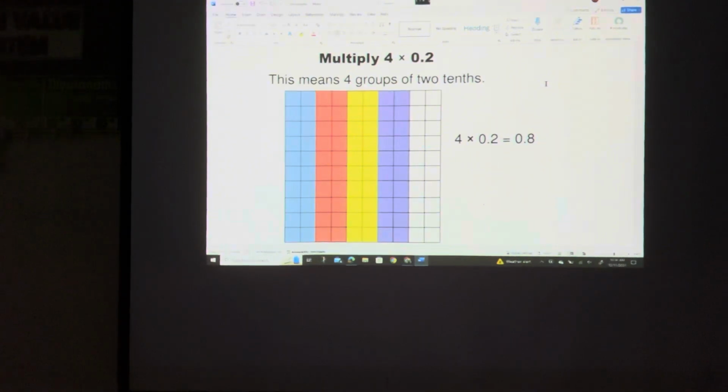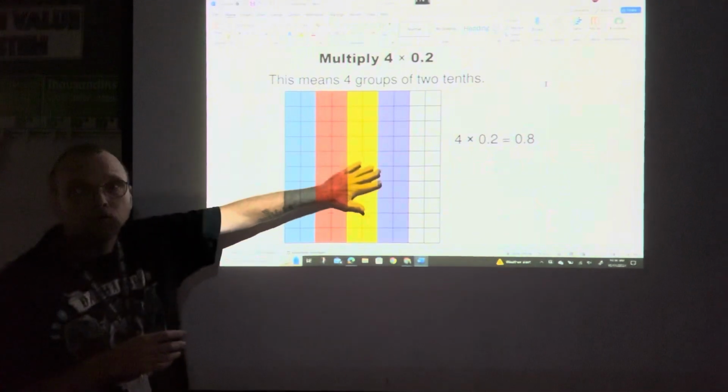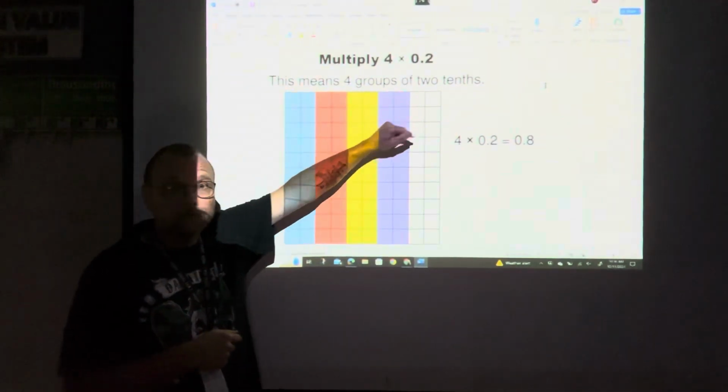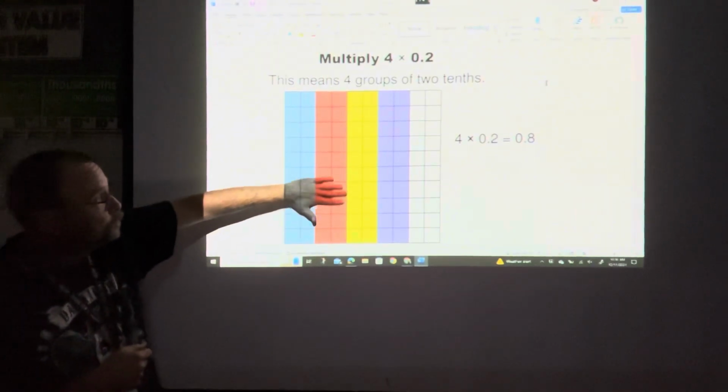Ladies and gentlemen, boys and girls, children of all ages, we're going to talk about multiplying decimals by whole numbers using visuals. You will oftentimes see this where there'll be something colored or shaded differently. So this is 4 times 2/10. So the way this works is they shaded in 2/10